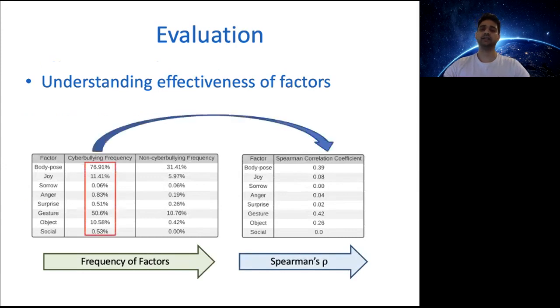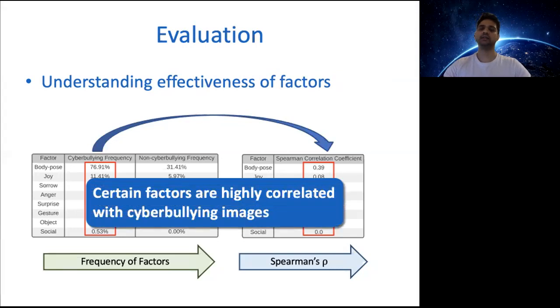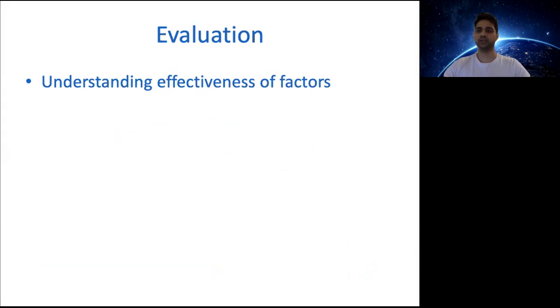Next, we studied the associations between human-level annotations on images and the identified factors by analyzing the correlations for visual factors and cyberbullying images. We found that certain factors showed strong associations with cyberbullying images. For example, a correlation of 0.39 is observed in the case of body pose, indicating that annotators tend to agree that a subject in a cyberbullying image intentionally poses at a viewer. Thus, certain visual factors are highly correlated with cyberbullying images.